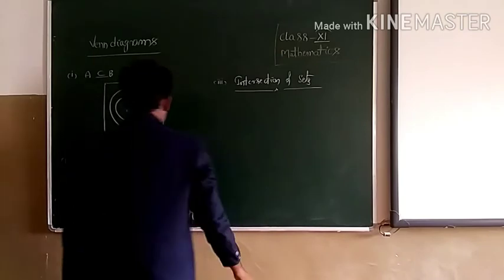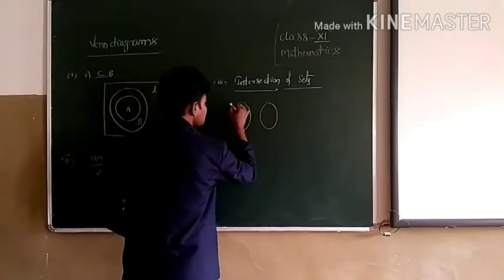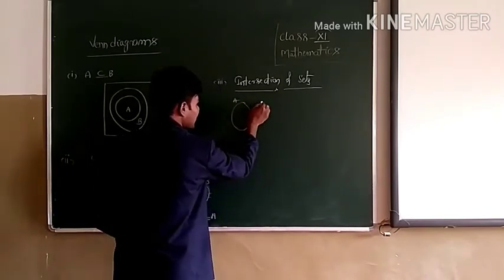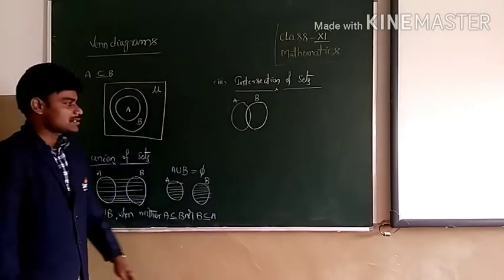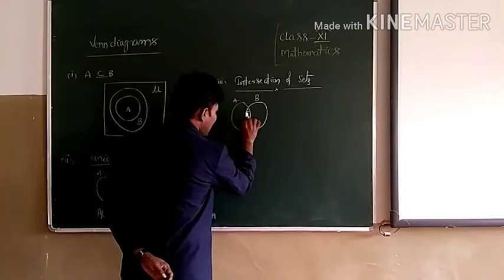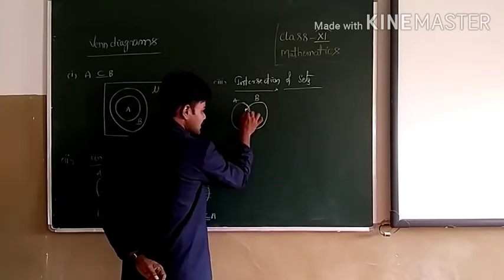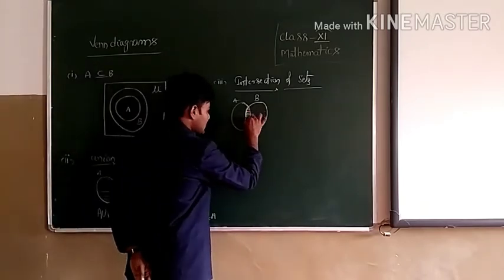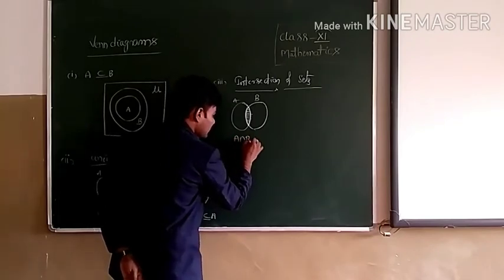So here there are two sets, I can say this is A, this is B. Here it is A intersection B. Intersection means combination. So here A and B, these two sets represent. So A intersection B means just the common elements we have to identify in general. But in diagrams, just the common part of these two diagrams needs to be observed. So this part represents the common part of A and B. That's why we can denote this as A intersection B.